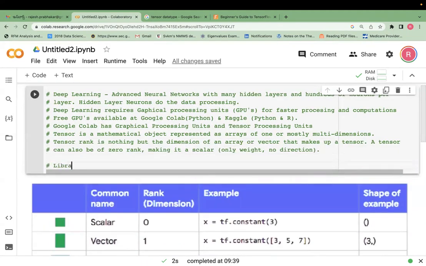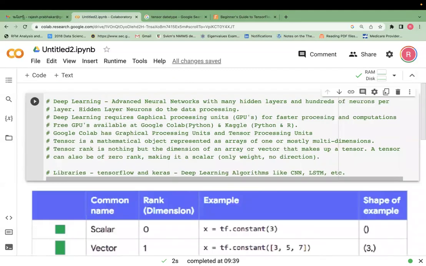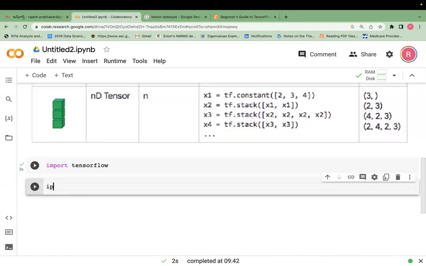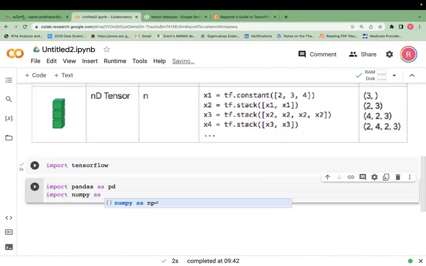So the library is TensorFlow. The data structure and the library which we are going to use is widely used for dealing with large-scale images. Got it, guys, all of you? Okay. Now we will import our other libraries: numpy as np,